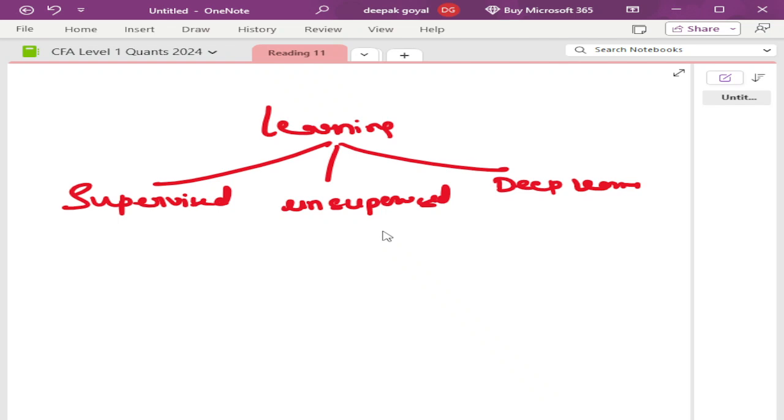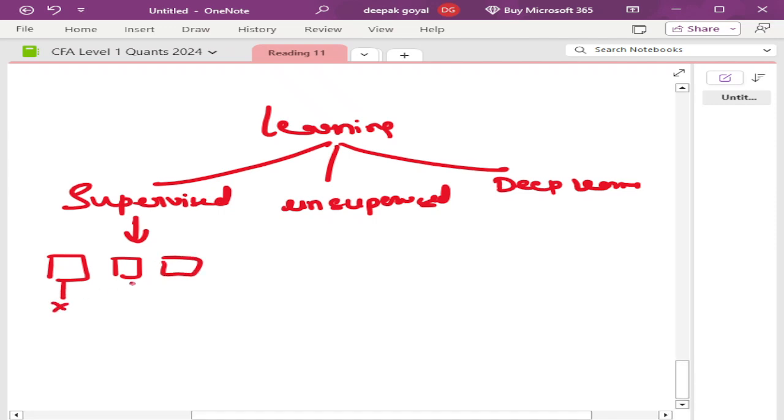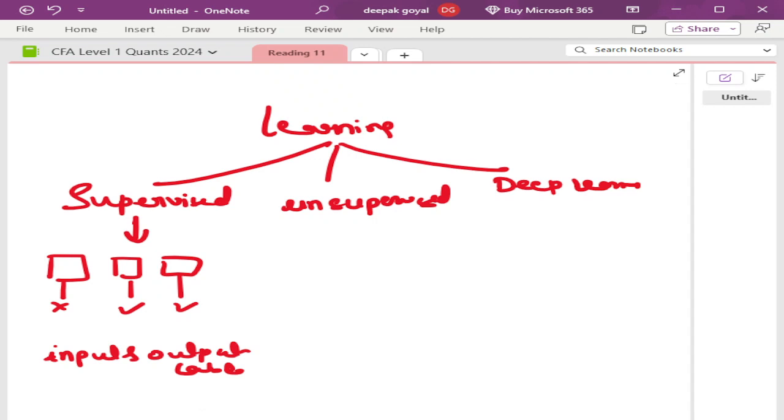Supervised means everything is structured. Your input and output data both are labeled. It will show you that these are five pictures, and out of which this is not the cat, this is the cat, this is also the cat. Clear? So you can write down: input and output data are labeled. Labeled means everything is written on it. So machine learning basically learns through the outputs it gets from the input. We call this supervised learning.